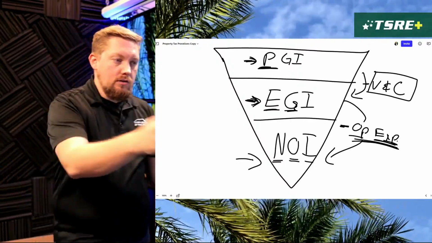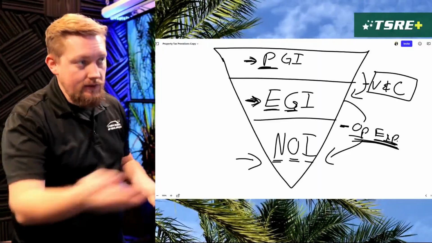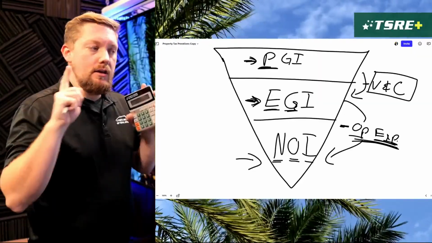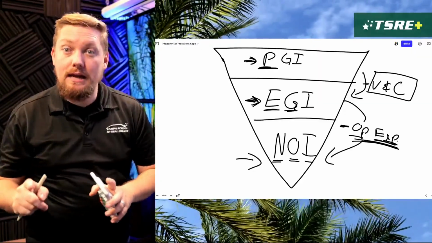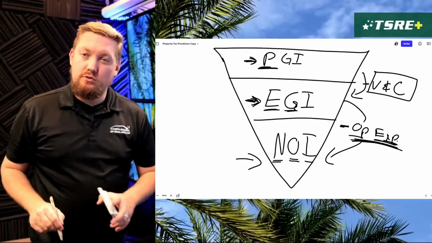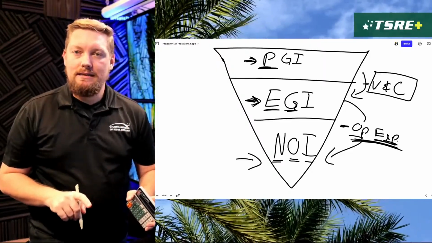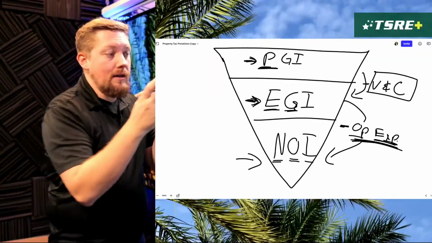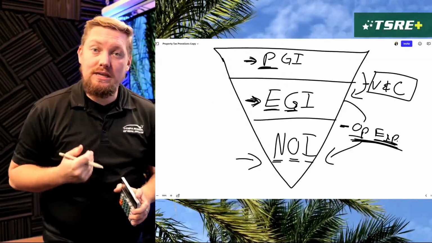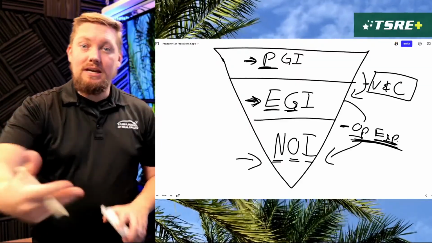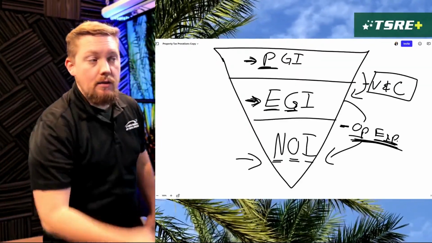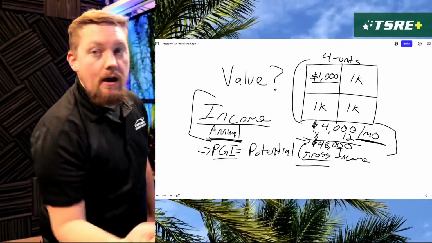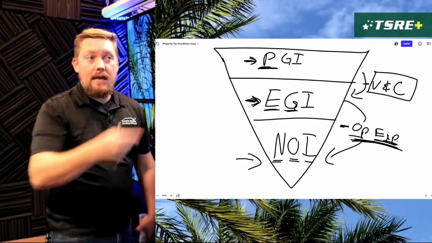So it is important to also understand those different expenses on your exam. They could throw that in there. I've seen it before where they've thrown in mortgage information. So it's very important that you do not take the bait on that mortgage information. Mortgage would not be considered an operating expense. That's a business expense, which is not factored in here because, remember, we're trying to make a standardized calculation that we as the listing agent could advertise. Because as the listing agent of this 4-unit property, I could advertise that it's got a potential gross income of $48,000 a year.